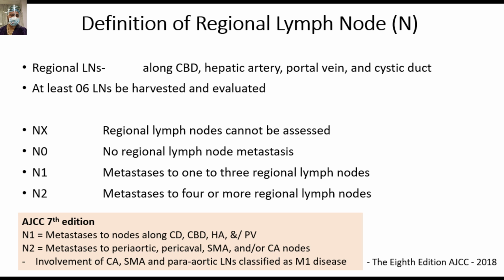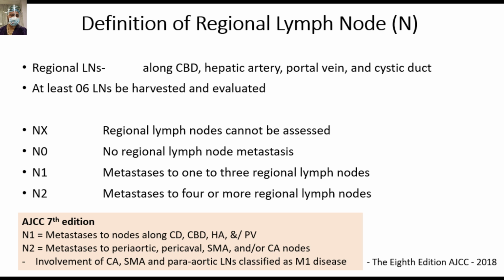And N2 was metastasis to periaortic, pericaval, SMA or celiac axis lymph nodes. So N2 is a disease that is locally advanced. But in the 8th edition, they have given N1 and N2 as a number. So metastasis to 1 to 3 nodes is N1 and 4 or more is N2. I mean, this is one controversy for which I could not find a good answer,